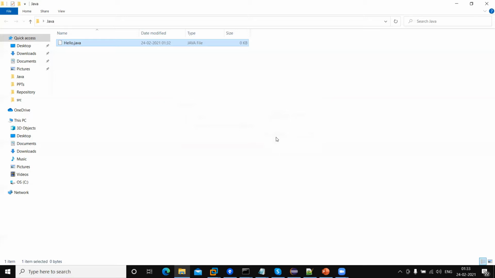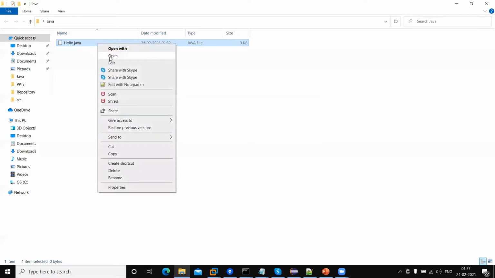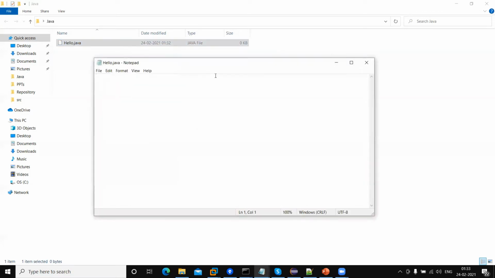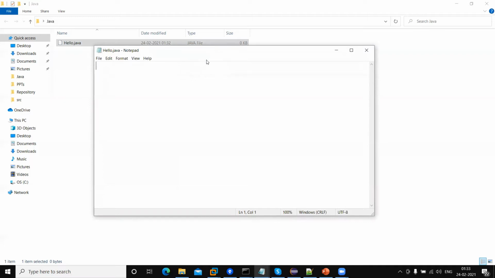Similarly, if we are going to create a Java file, its extension is .java. Okay, so now it's clear each and every Java file should have its own name. We need to put some name and then the extension is .java.